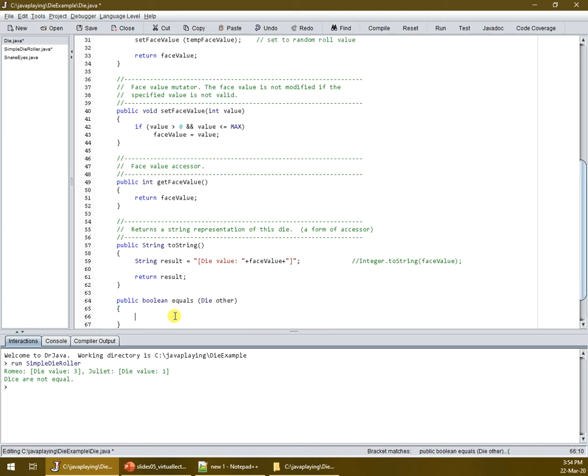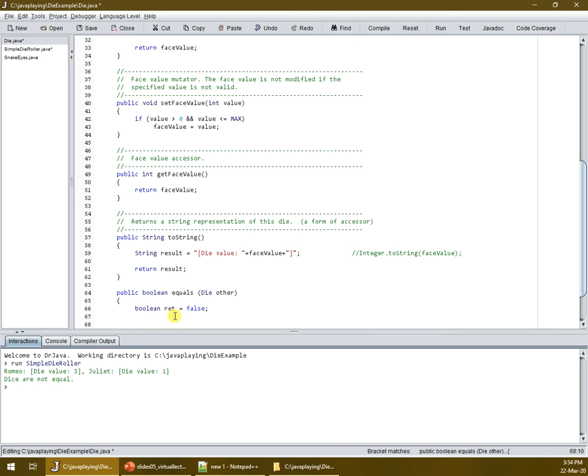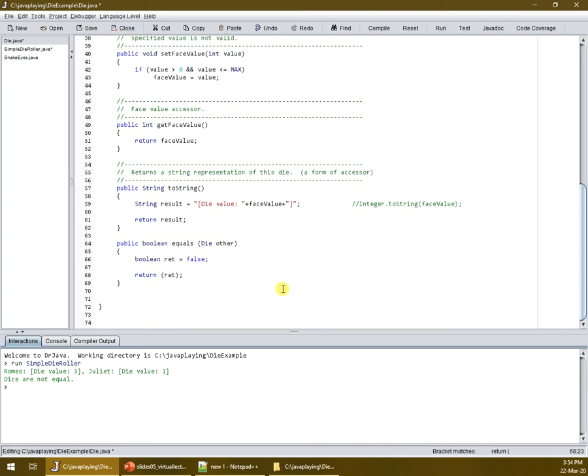So we're going to have to return back a Boolean. So we'll just call it ret, and let's assume that it's false. It's always good to assume either false or true, and then let the method figure out if it needs to change that. So now I'm going to return back the ret as well. So just to see if this works, we have this method which returns back true